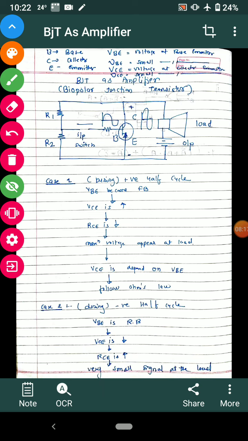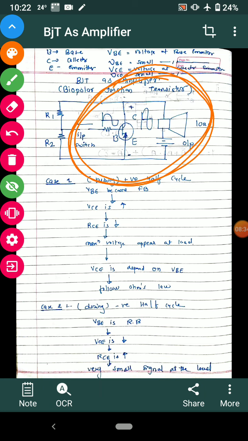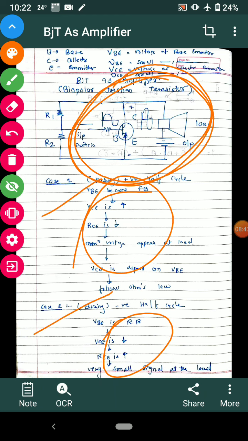Tomorrow our next lecture is the common emitter amplifier. So this is a simplified explanation of this amplifier. Generally you just remember the diagram, and based on the diagram you can write this information. You can try this; it is a very easy technique to identify the whole circuit diagram and all the working through the diagram.